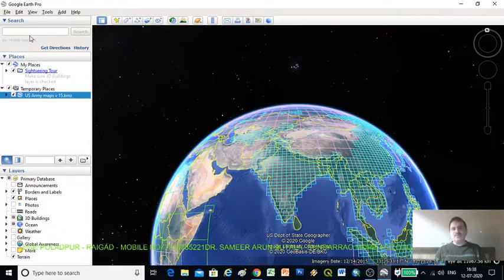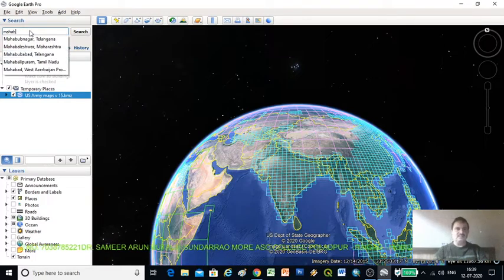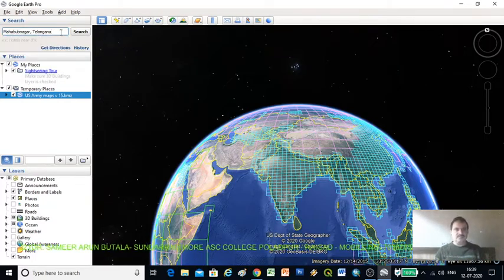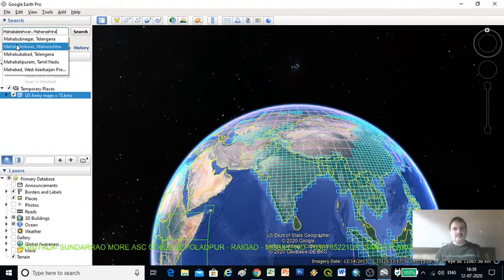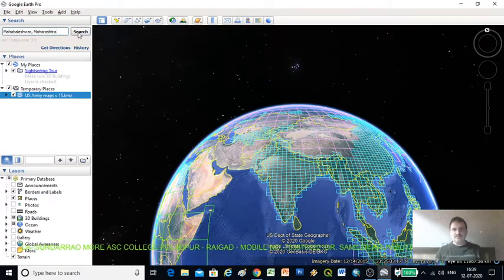Now we want to download or see the TopoSheet of a specific area. Suppose I want Mahabaleshwar. Search the area.